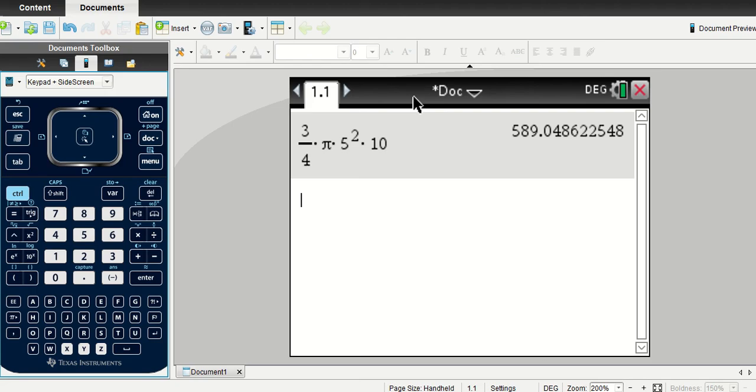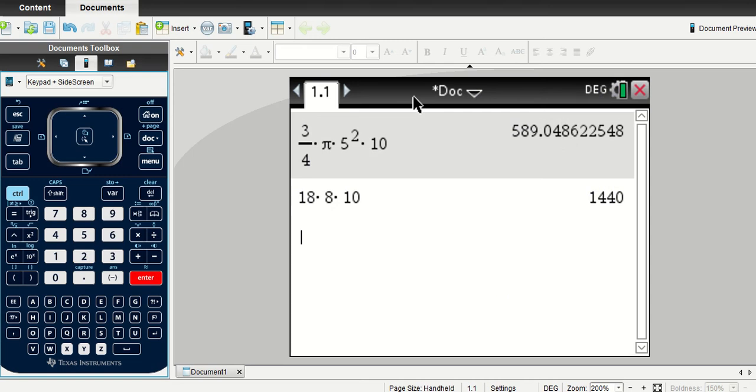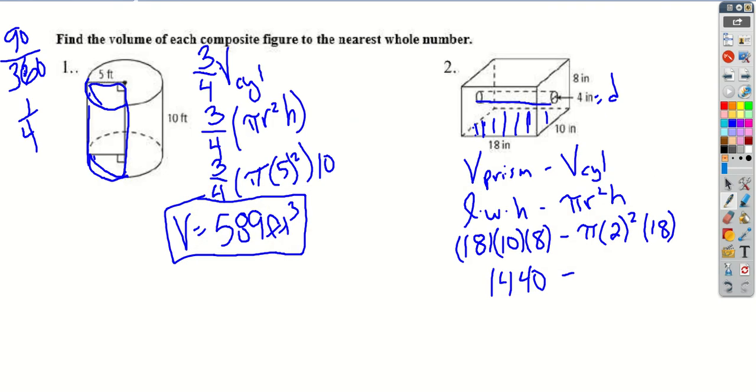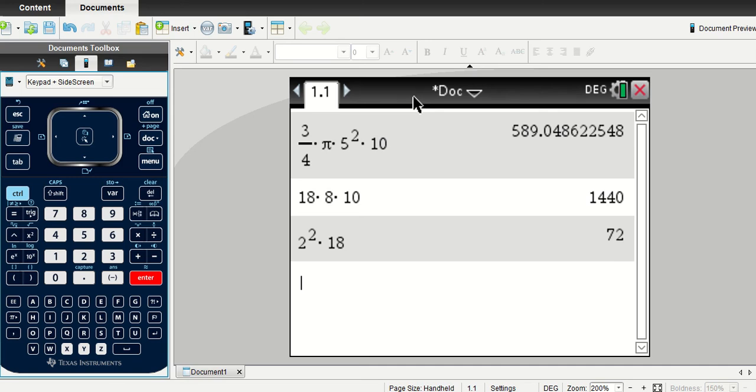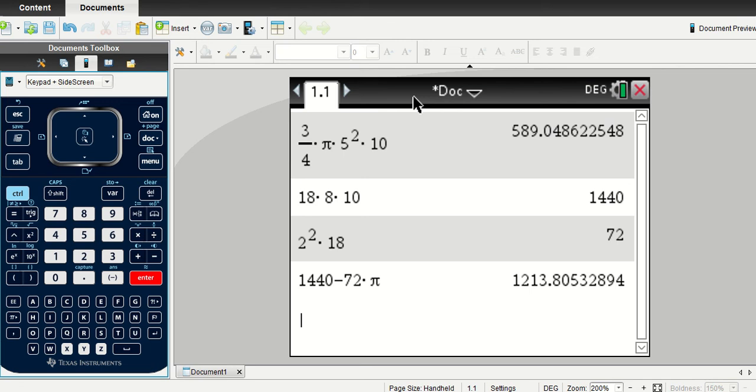So we want to go 18 times 8 times 10, which is 1,440, and then minus, and then we're doing 2 squared times 18. This would be in terms of pi, so that's minus 72 pi. We can't subtract because we're treating pi like a variable, but if we are going to, remember we can go up and highlight the 1440 minus, go ahead and pick that 72, and then pi, and then we're going to get nearest whole number,